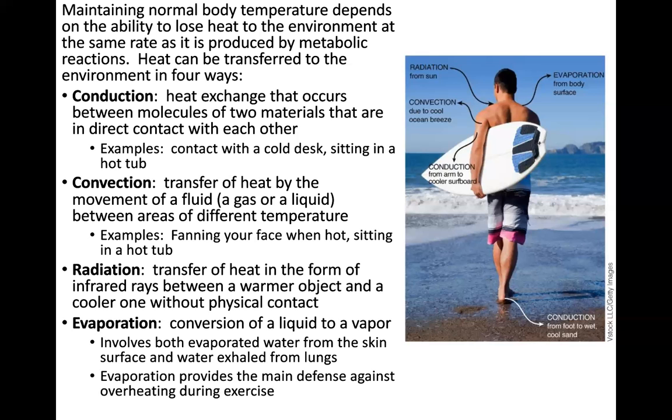Okay, heat can be transferred to the environment in 4 ways: conduction, convection, radiation, evaporation. And there's examples of them illustrated on the right. Conduction is the heat exchange occurring between molecules of 2 materials, and the key here is that they're in direct contact with each other. Okay, like when you walk into a classroom, like the one I have here in Atchison,